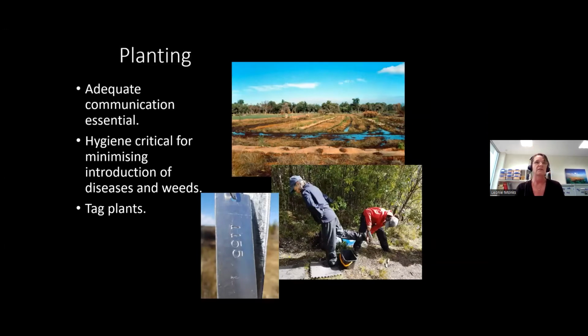Other factors to consider are adequate communication with the staff and volunteers on planting day. It's important to make sure that things are done the way that you need them done. For example, in that top photo there, we had a miscommunication with staff about laying out weed matting at one of our sites. Instead of using the weed mat pins to hold down the matting, someone chose what they thought was an easier option, putting clods of dirt onto the matting, resulting in hundreds of dollars worth of matting becoming infested with weeds and completely wasting all our matting. So communication on the day, or indeed just beforehand when you're trying to get the site laid out, is incredibly important to make sure that things are done the way they need to be done.